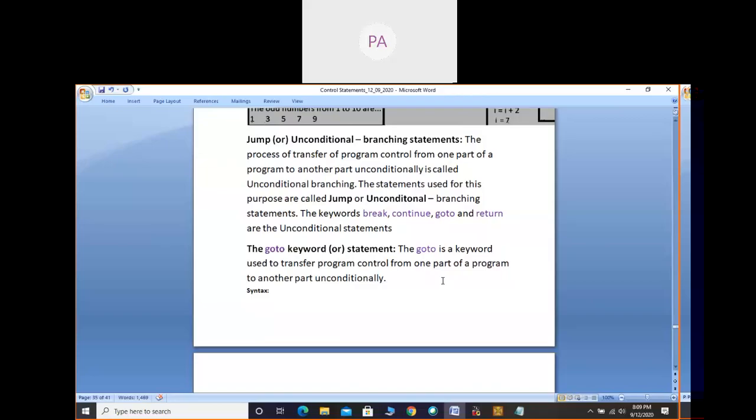Here I have mentioned only keywords: break, continue, go to, and return. So now we will move to the go to statement. The name itself tells go to. So go to means the program control should move from one part of the program to another part. So the go to is a keyword